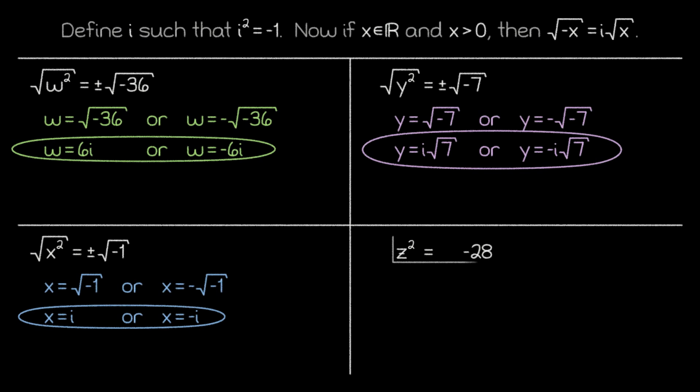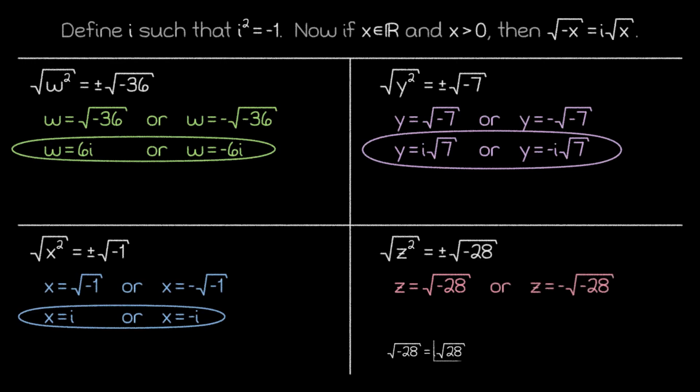Lastly, we have this equation whose solution process will start off this way. At this point, though, you may notice that the square root of 28 can still be simplified, since 28 can be written as 4 times 7. Then, we'll rearrange this simplification to this form, which gives us these two solutions.